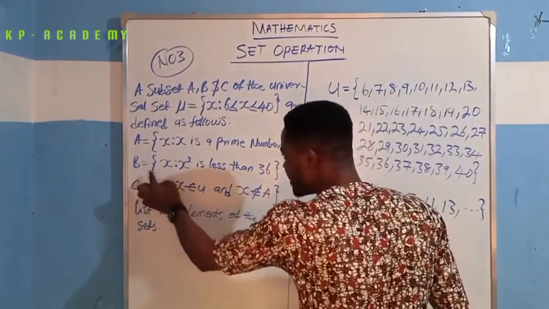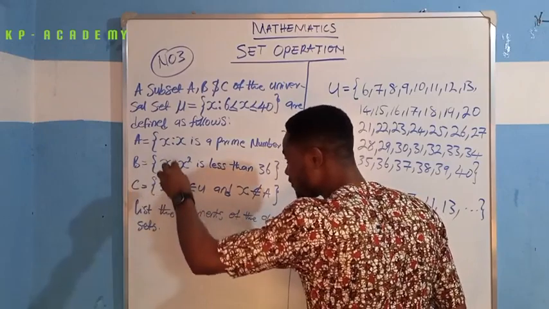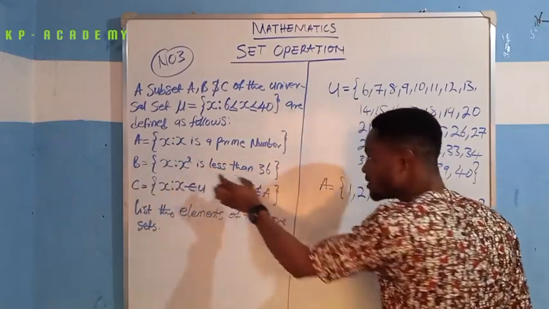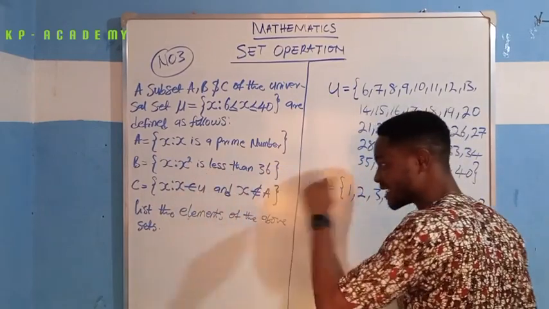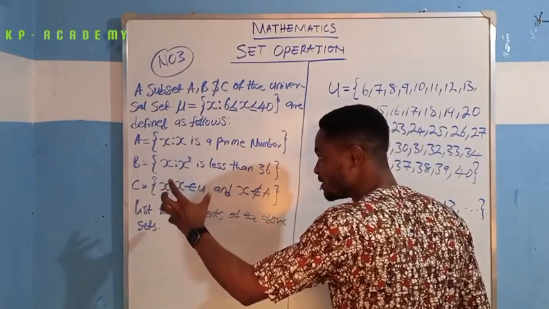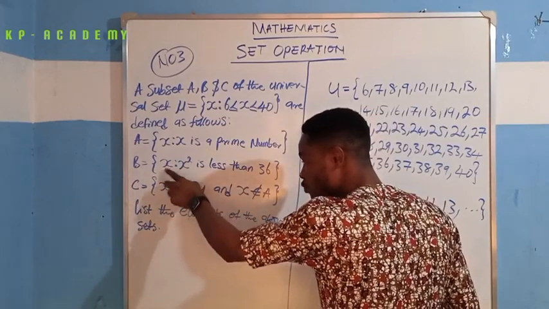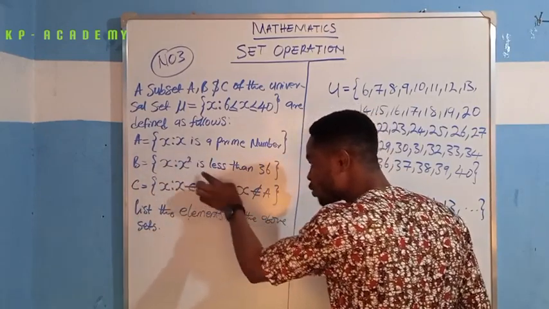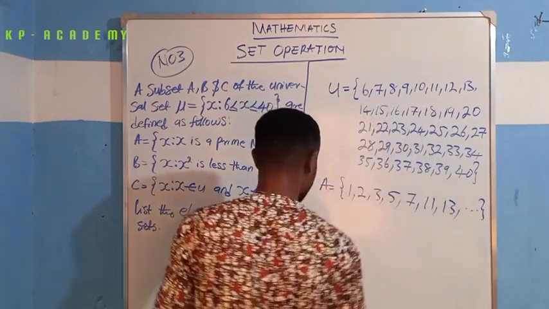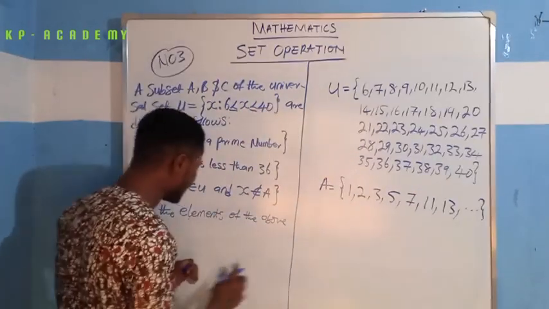Alright, so set B is the set of X such that X is a number such that when you square it, its outcome is going to be less than 36. Let me say it again. Set B is the set of X such that X is a number that when you square it, it will not exceed 36. Alright, and now let us attempt to explain this using a number